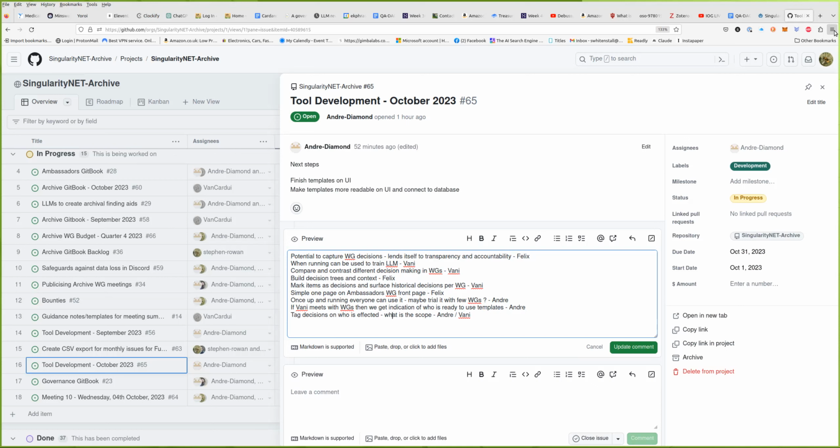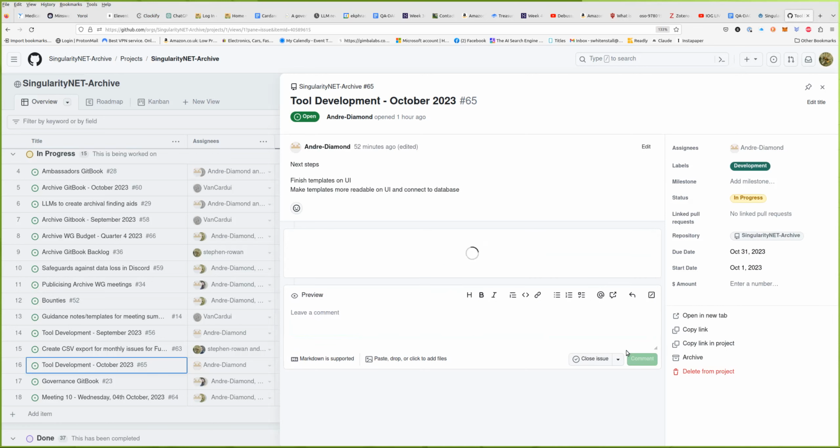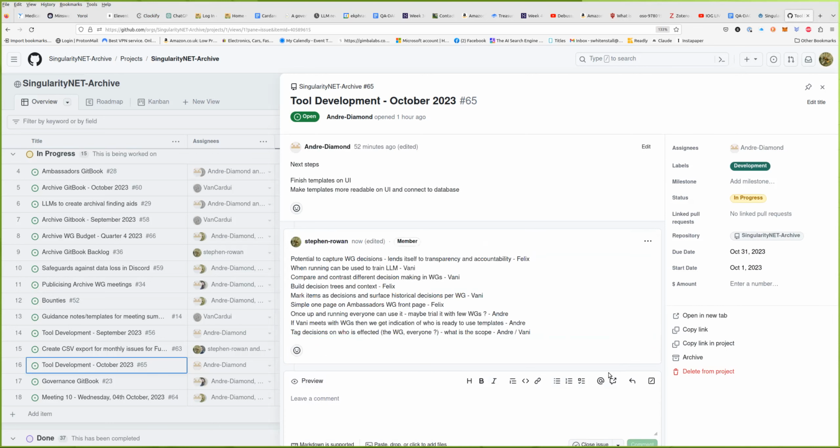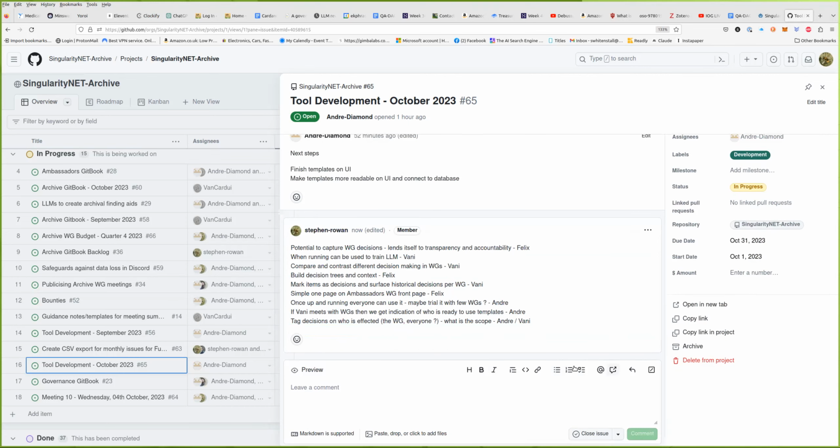But at the end of the day, Felix, it's going to come to who buys into that. I assume there's agreement in principle amongst work group leads and ambassadors to capture their decisions, right? This is a question I had when we were talking about who's submitted summaries and who hasn't. Is it an obligation, or is it something work groups should do, or is it seen as, oh, if you feel like it? Because if we're going to use this for documenting our decision-making processes, then it probably should be something where we say, if you're a work group lead, you should do this.